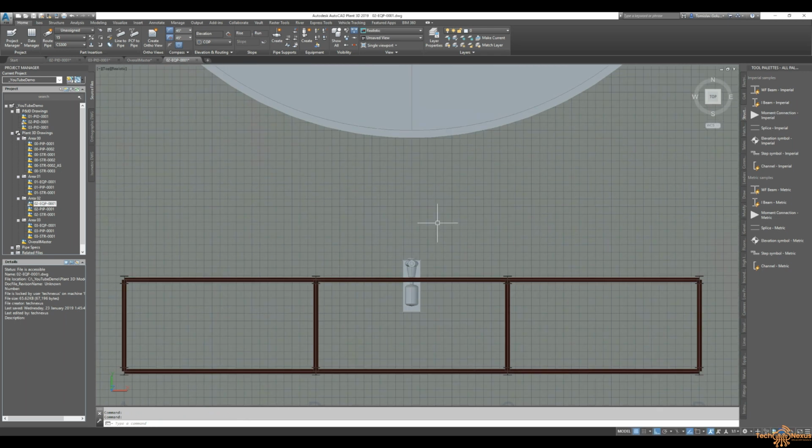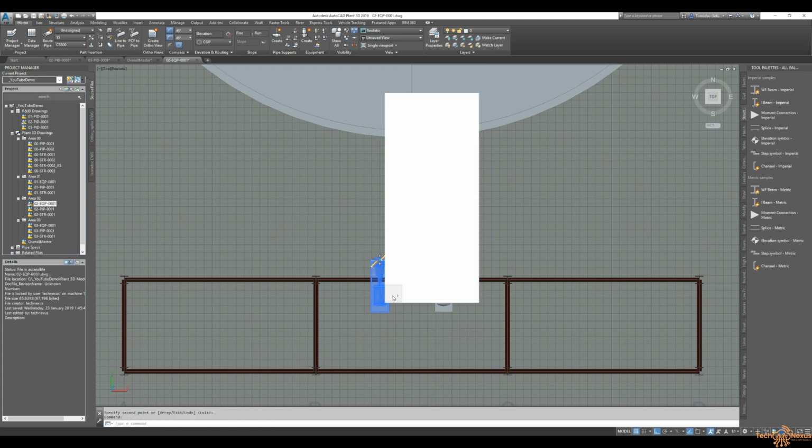So there's P3. So we want P4 as well, and when I know that they're going to be placed centrally with one another, so I'm going to move it over a meter, and I'm going to copy it 2 meters this way. So now we have